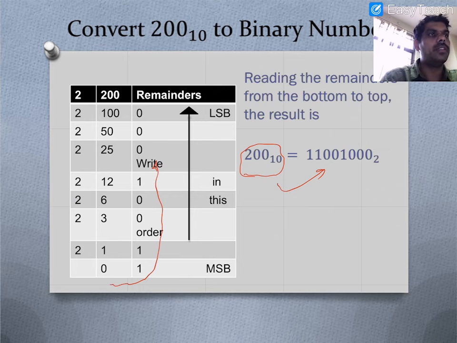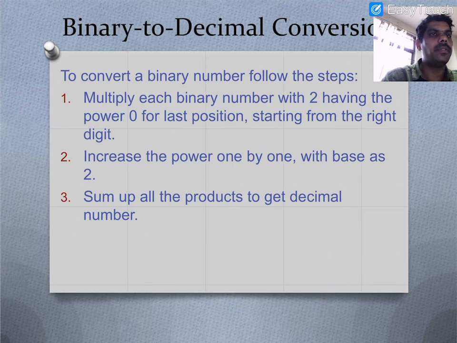In the same way, what we are going to see is binary to decimal conversion. So already I told you just now, it is multiplying with powers of 2, starting from 0 and increasing by 1. Suppose the binary number is 101. What we can do: 2 to the power of 0, 2 to the power of 1, 2 to the power of 2. So 1 into 2 to the power of 2 plus 0 into 2 to the power of 1